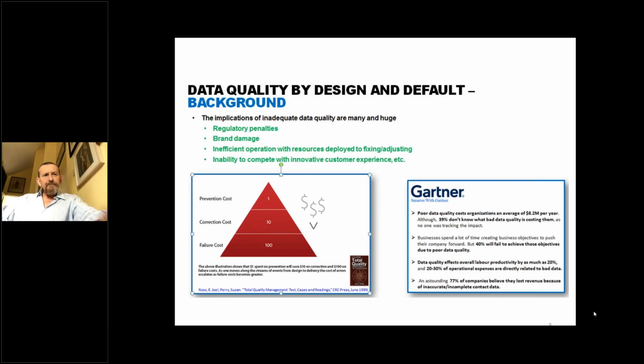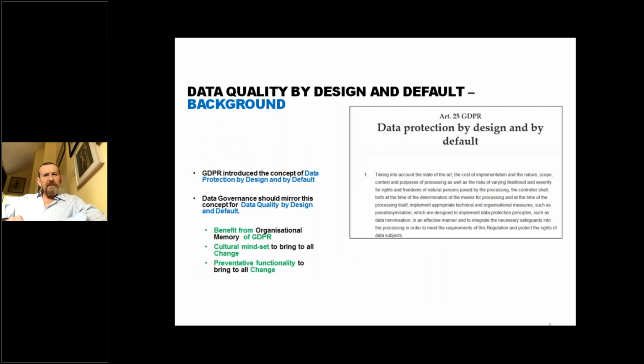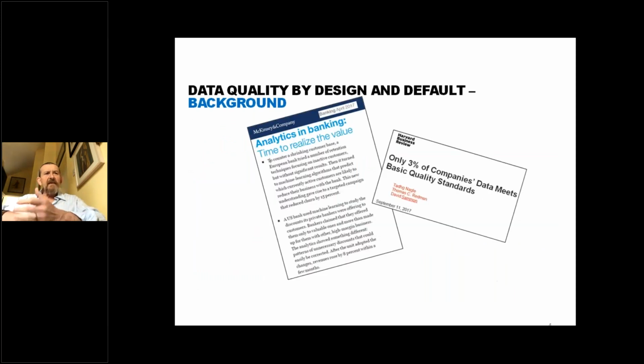I'll move on to slide 4, which is a bit more of the same. It's just a couple of examples. Again, you can get these everywhere. If you want to influence people in your organization and emphasize to them the implications of bad data quality, these are the sort of things you can quote. There's quite nice research done in an Irish university in 2017, coming up with some, again, very stark numbers. So data quality, we know, is a problem. Data quality has big downsides, and regulators are increasingly pushy and looking for evidence of proactive activity to improve data quality.